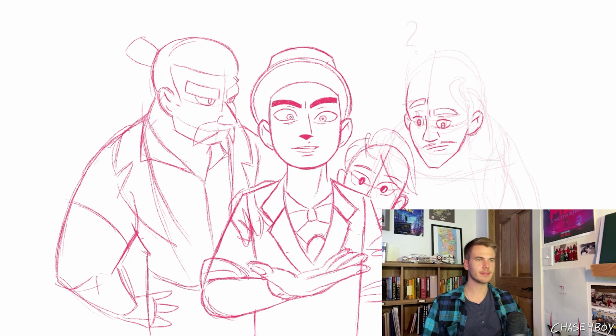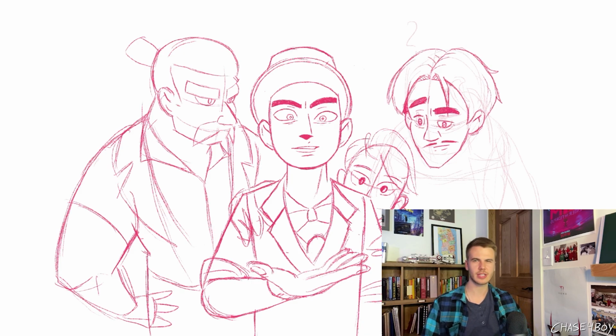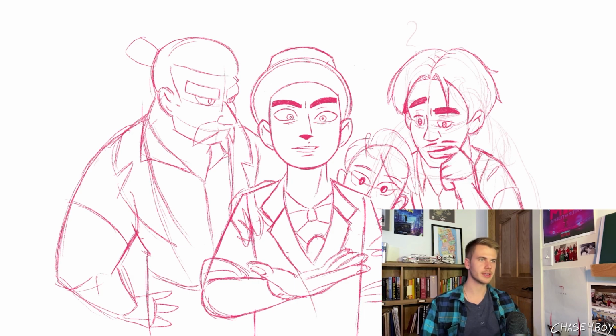I tried to do 4 major, kind of different reactions in this one. I have a big buff guy scowling, and then whatever's going on in the middle there, some sort of greed or something, and then curiosity, and then contemplation or something. I don't know. 4 different character types that were all easily distinguishable from each other. And I just sort of looked up